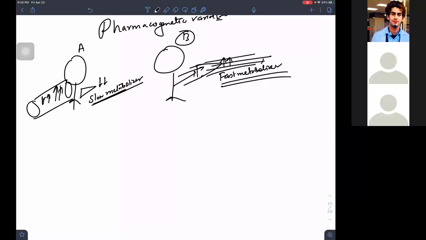So the person who is slowly metabolizing something will either lead to, so there is now a probability that pharmacogenetic variations will either produce a toxicity in a person, or I will be having a lack of effect. Either it will be producing a toxicity as seen in case of slow metabolizer, or I will be having lack of effect, isn't it? So for example, acetylator, I was saying. So if I say acetylator variations, we call it acetylator polymorphism.